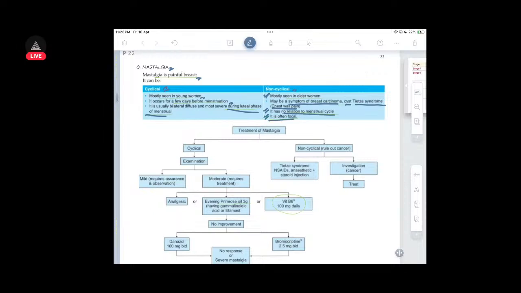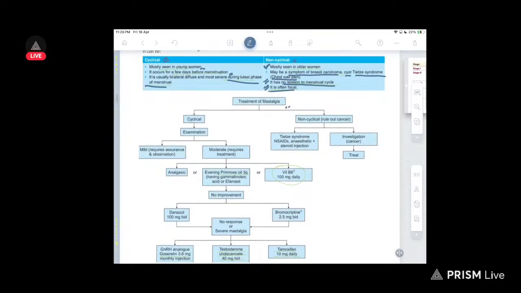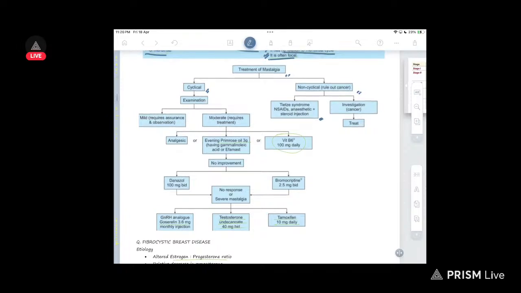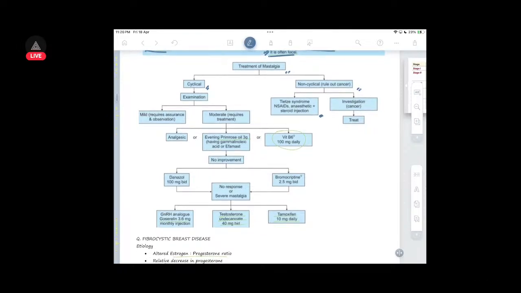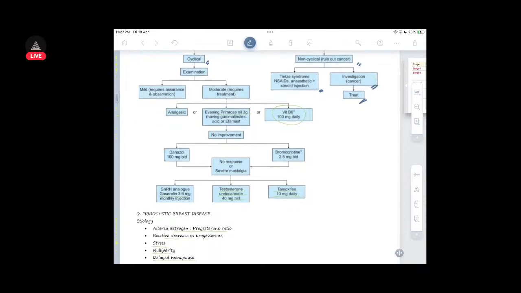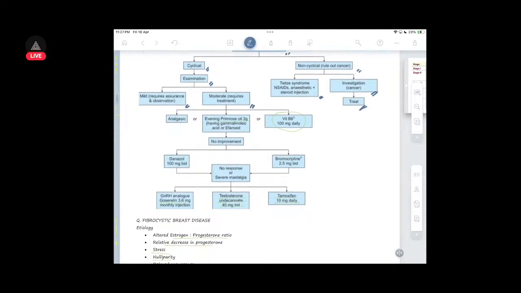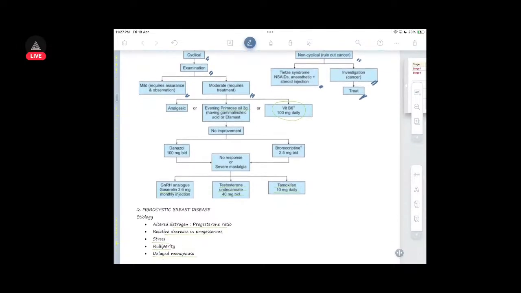It is often focal. Then treatment of mastalgia, you have cyclical and non-cyclical. Cyclical, you examine. For Tietze syndrome you give NSAIDs and anesthetics, steroid injection. In case of non-cyclical, rule out cancer, and investigation for cancer. If it is cancerous, then you treat it. Then for treatment of mastalgia, cyclical, you do examination. Mild requires assurance and observation. Moderate requires treatment. Okay. Non-cyclical, you treat, and if it's Tietze syndrome, you give